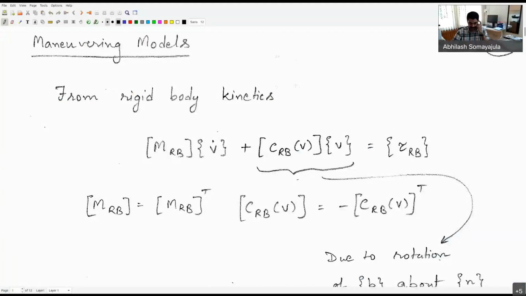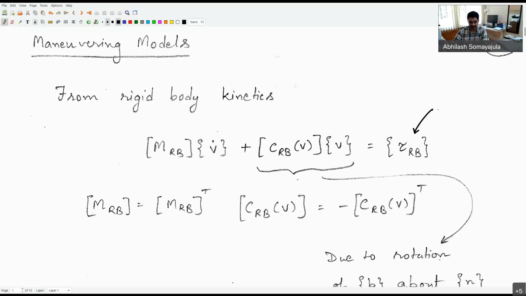All right, so in the last class we were discussing the maneuvering models, and we understood the idea of the governing equations that we had written down for the rigid body kinetics. But we now wanted to include some of the forces which are categorized in this tau. We want to extract them out and give an explicit dynamics to be modeled in our system dynamics. So the idea was primarily to look at how the hydrodynamic forces, added mass and radiation damping play a part, and how do I incorporate or model them